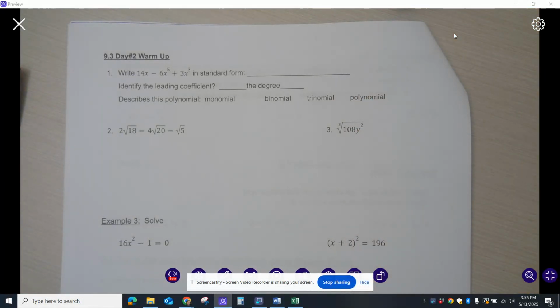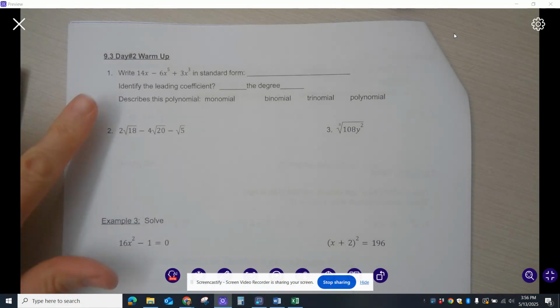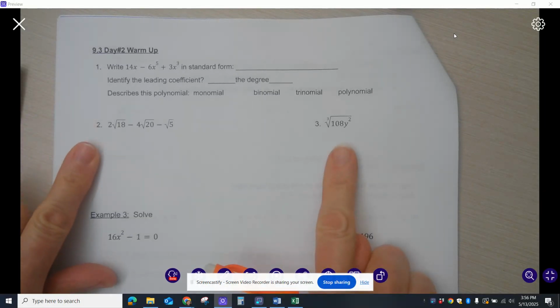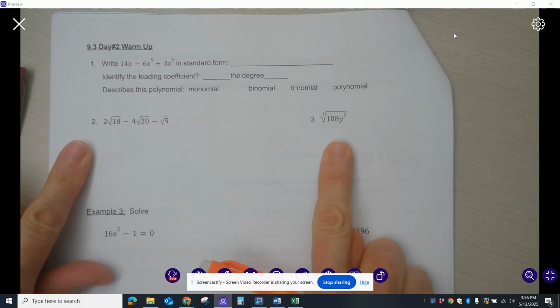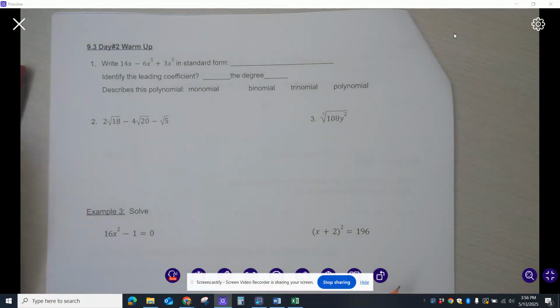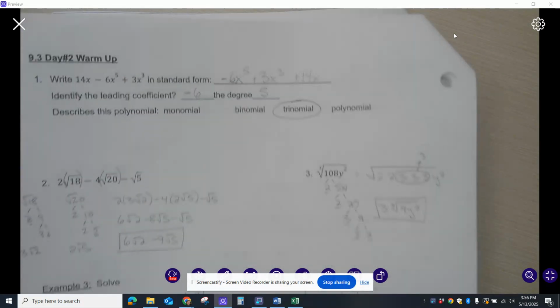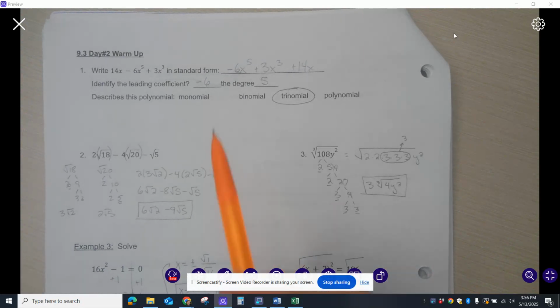This is Algebra 1, day 2, and we're starting with a warm-up. This first one is from chapter 7, and then these two are chapter 9. So what I would like you to do now is pause the video, maybe give yourself 5 minutes to do this warm-up. And I'm going to assume you pause the video and now you're coming back so you can quickly check your